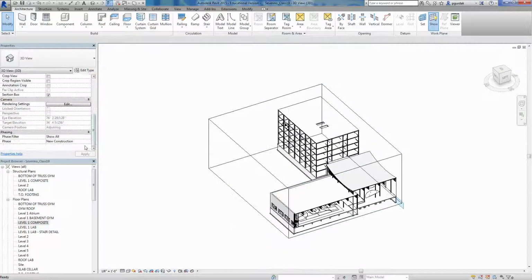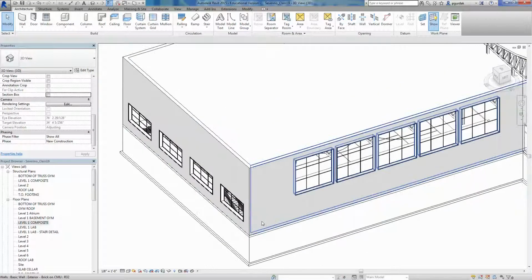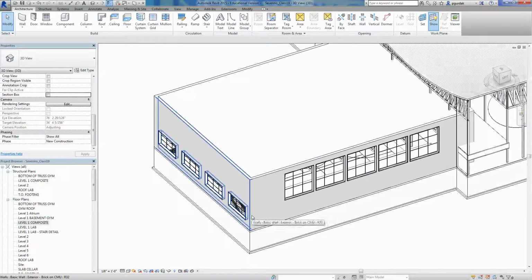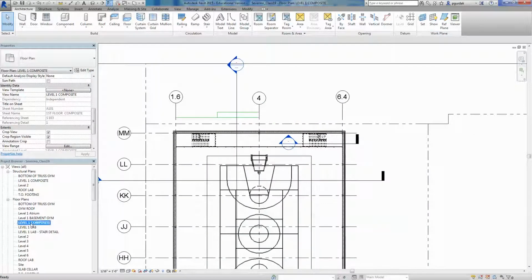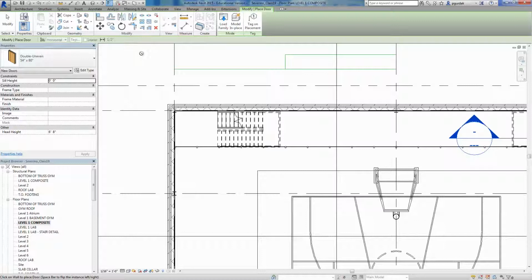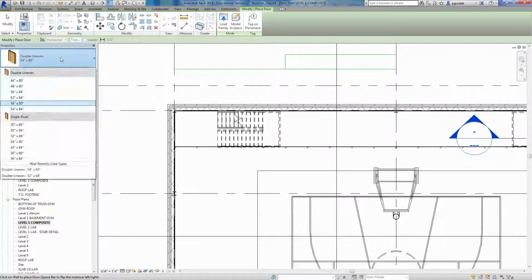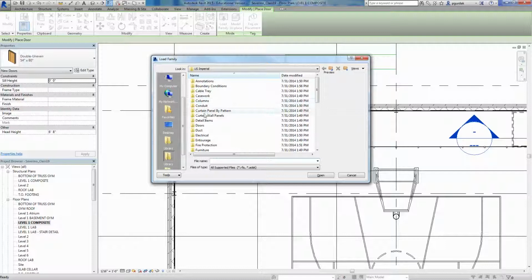I'm going to get rid of the section box. And this looks as we want it and plan. Okay, I'm going to go here, level 1, 2, create a couple doors. So door, we don't want that door, so we're going to load another family, go to doors,